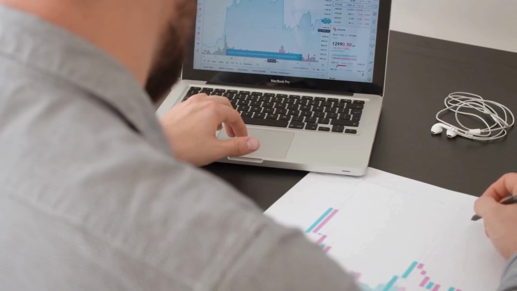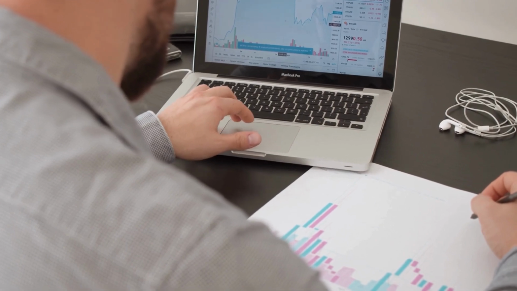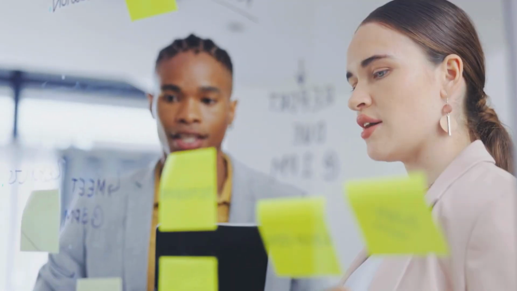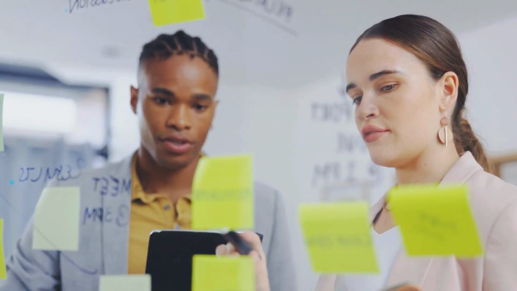Lastly, you want to have a way to measure the actions and the strategy itself. So you need to have some data that you can collect. So at the end of your campaign, you can look back and make decisions on whether or not what you did worked and where you need to make adjustments.